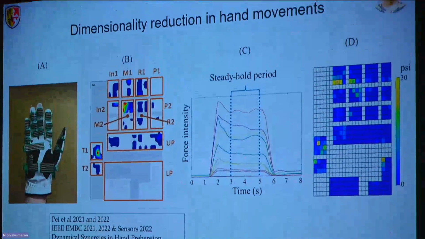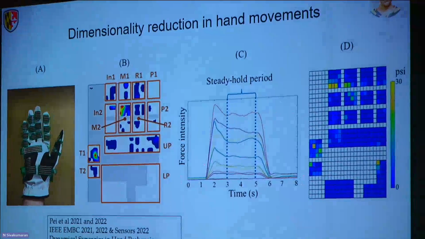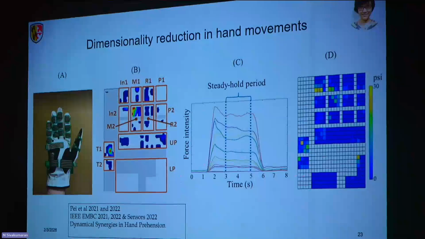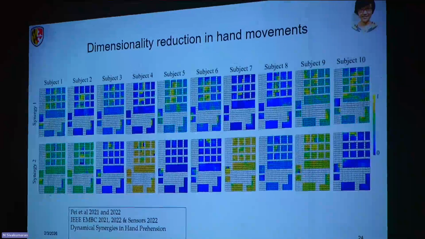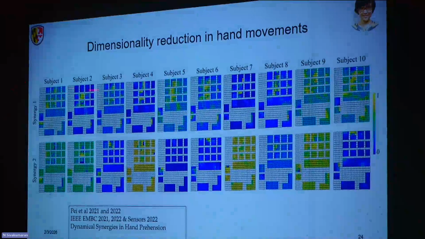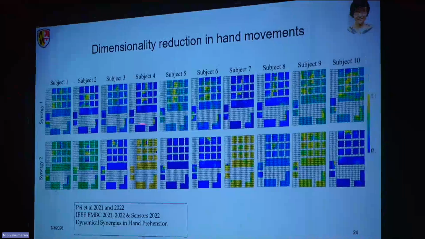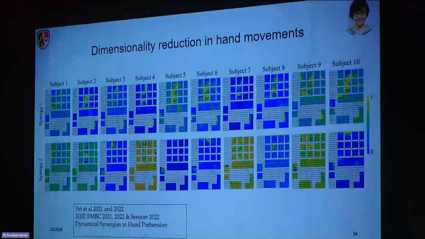You will get one such graph per grasp, and when you have 100 grasps, you can do the same dimensional reduction method on it, and you will end up getting principal components or synergies or alphabets that look like this. We're showing two alphabets for 10 subjects here, and as you can see, there are a lot of similarities across the subjects, but there are also a lot of